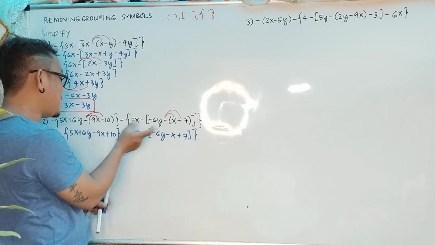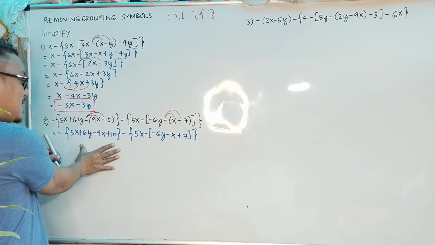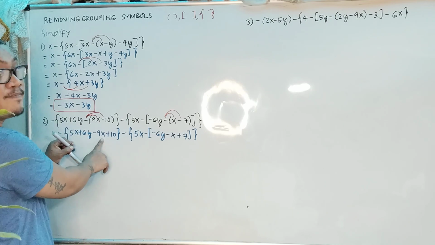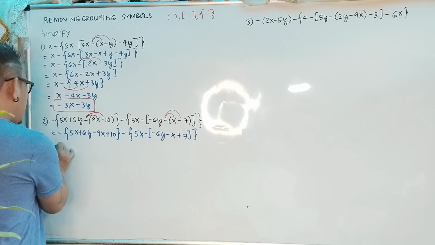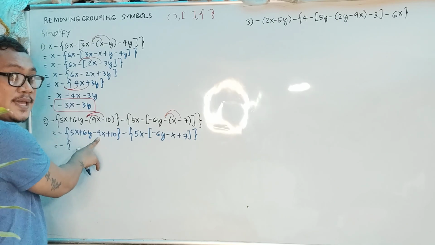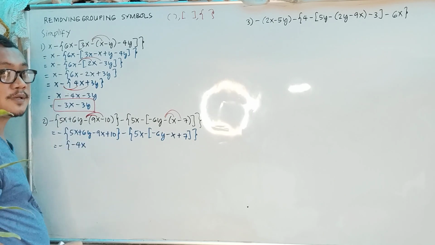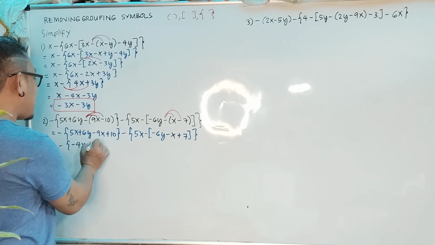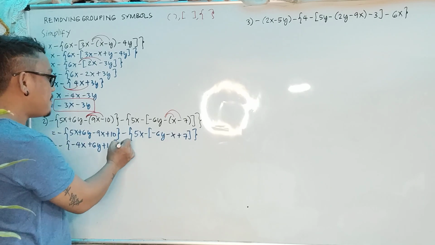So the parentheses are gone. Now we can combine the terms in x. Clearly, 5x and negative 9x. Again, we copy the negative symbol outside. So 5 minus 9 is negative 4. You copy the variable x. Then we just copy plus 6y plus 10. Then minus